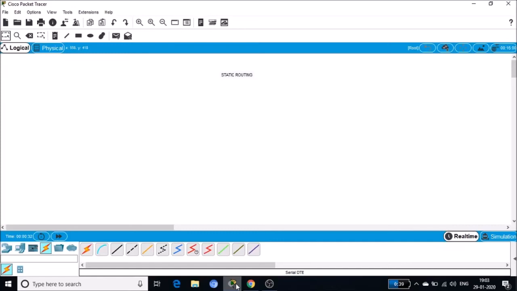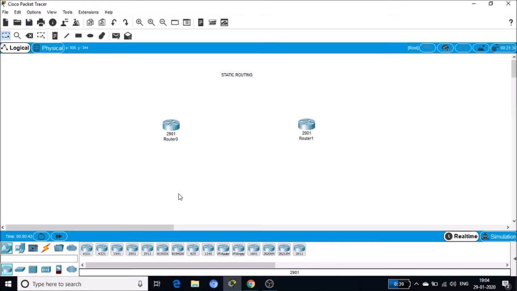Hello everyone, today I am going to show how to perform static routing. So for that, first I am going to configure the network, choose the routers and few switches, then PCs,